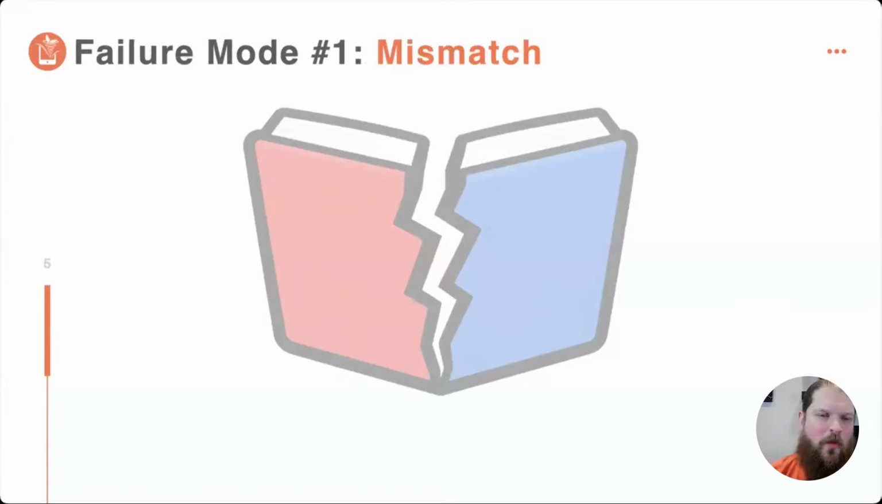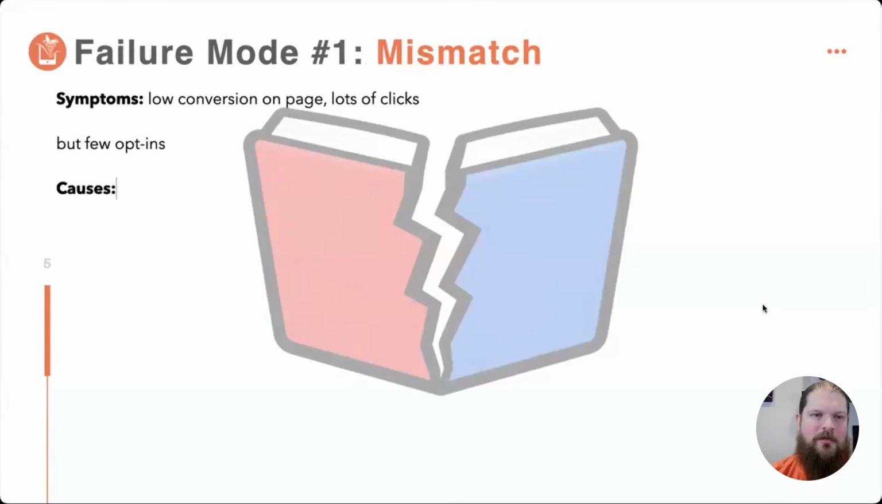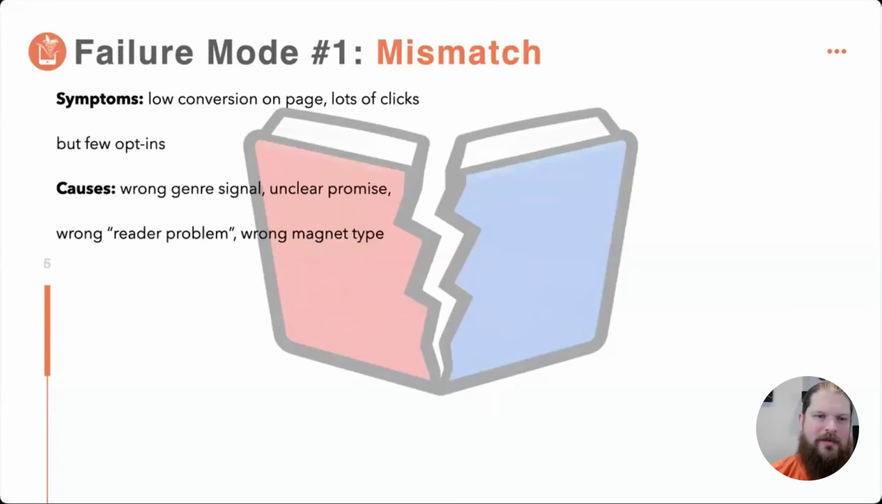So failure mode number 1, this is that mismatch we were talking about. Symptoms, so we'll lay it all out here. Low conversion on the page. So they click on the page, lots of clicks, but very few opt-ins. This can be caused by a wrong genre signal,